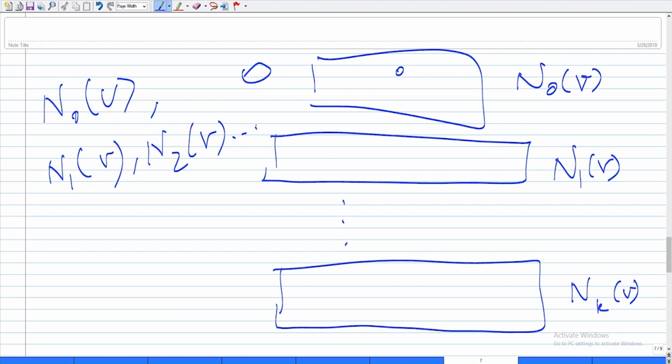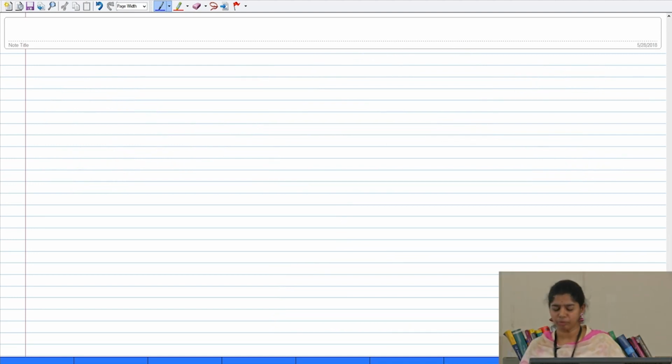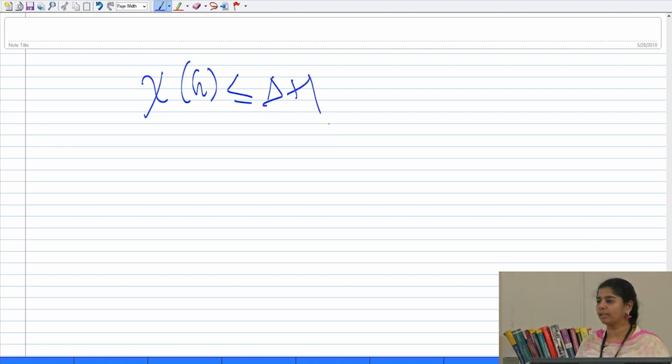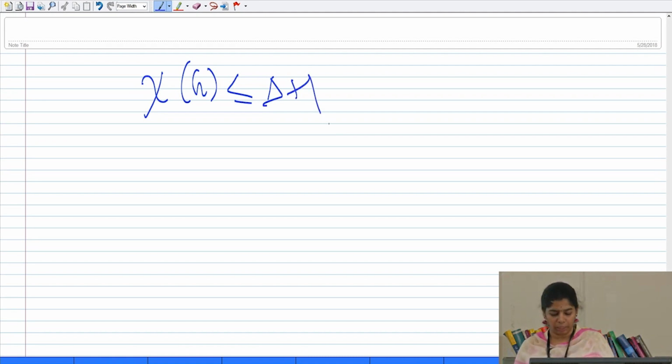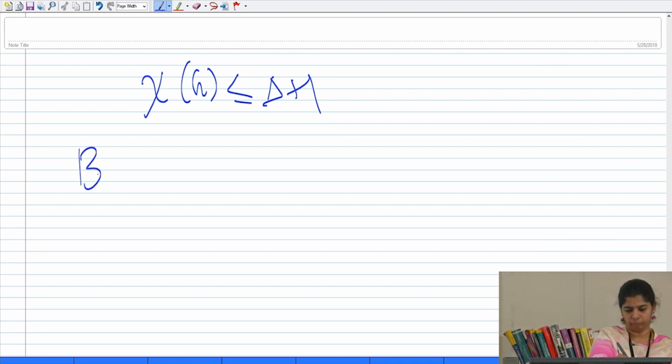Even then I will not guarantee this greedy will give the optimum solution always, okay, but we can guarantee at least we will be in a better state. So, this is about the greedy algorithm. So, with one final result, let me go to the next coloring possibility. So, we have already seen chi of G requires delta plus 1 colors, right. So, this is a famous Brooks theorem, which says there is a theorem